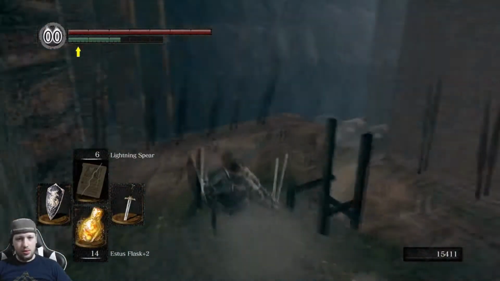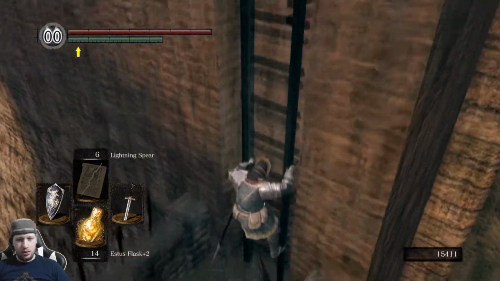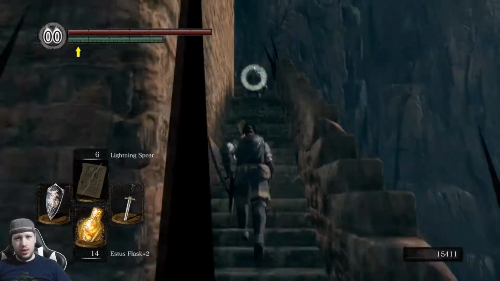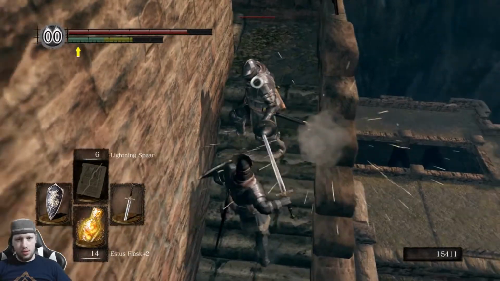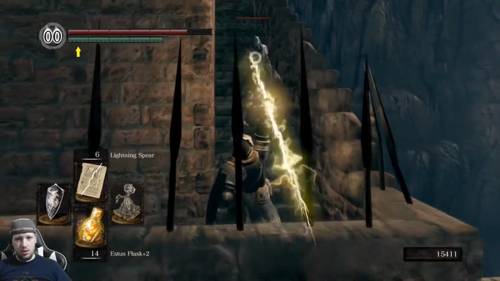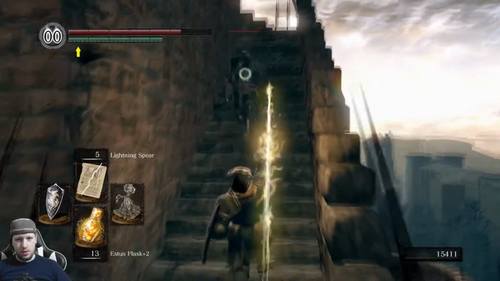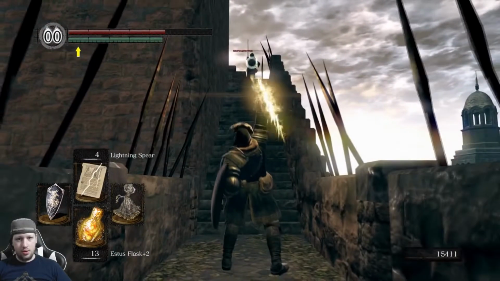I have 15,000 souls. I should probably level up. But that can wait. If you come up here, you will see another guy dressed up in the Elite Knight set. And I didn't parry him. That's annoying. I don't want to die to this guy. I'm sure he'll heal, so...